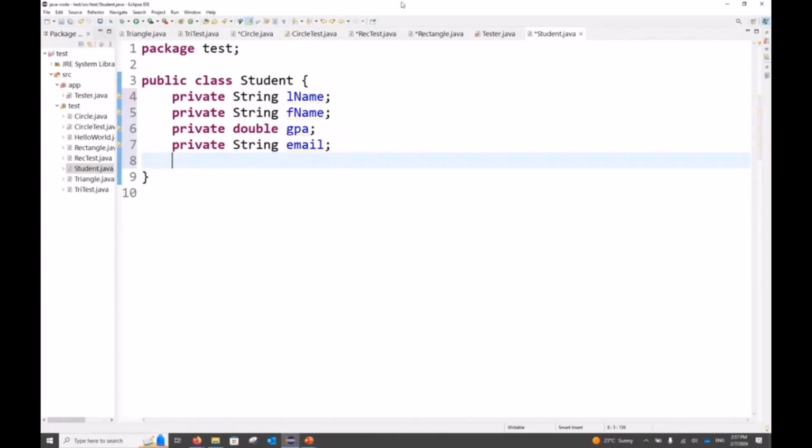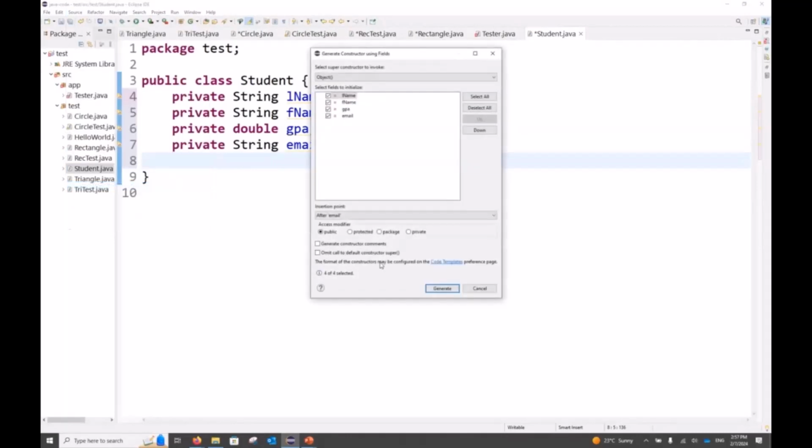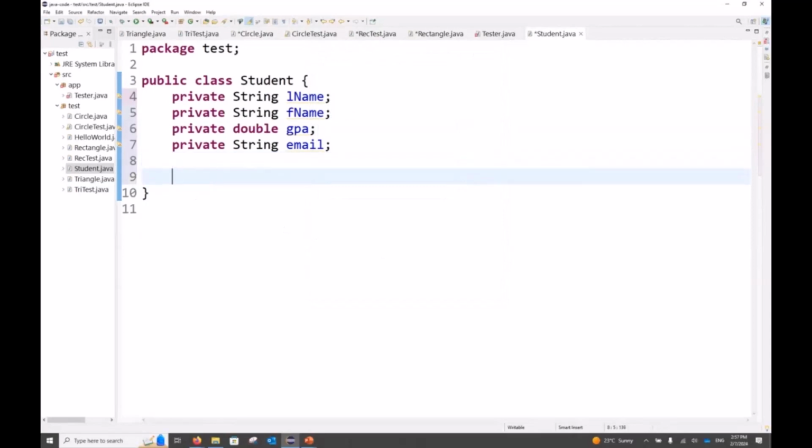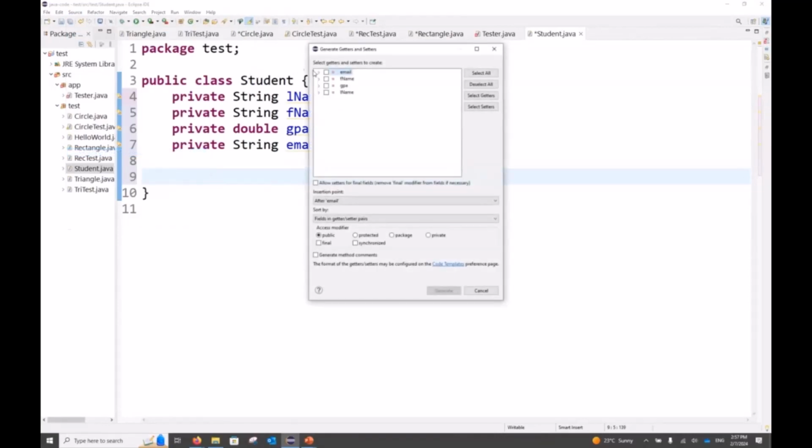I need 2 constructors. For example, of course I forgot where it is, but wait a little, it's been a year and I haven't taught Java. Generate what? Constructor using what? Fields. Wow. But before the constructor I want to make a setter and getter for each what? Excuse me please. I want to set a getter and setter before the constructor. I want getter and setter for each what? Okay, source, what do you see here? Generate what? For whom? If you want all of them,